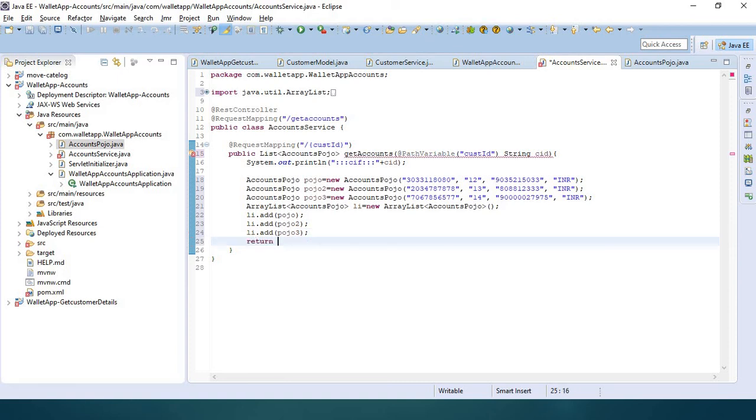So we have to return that. Now we have created the API.